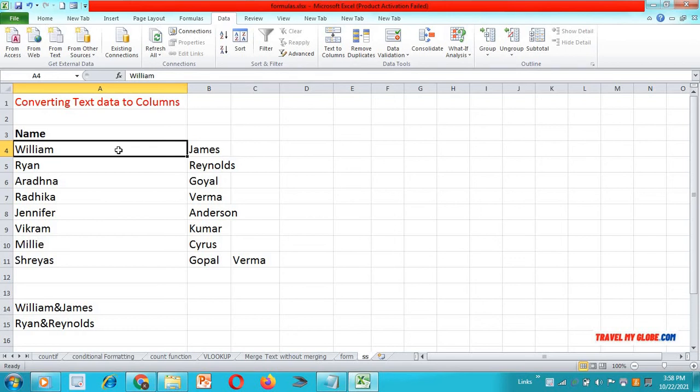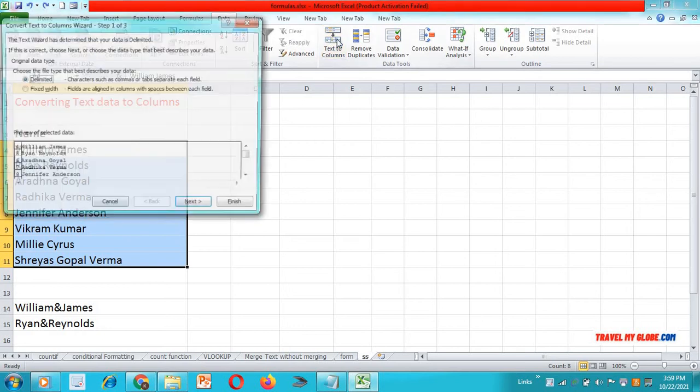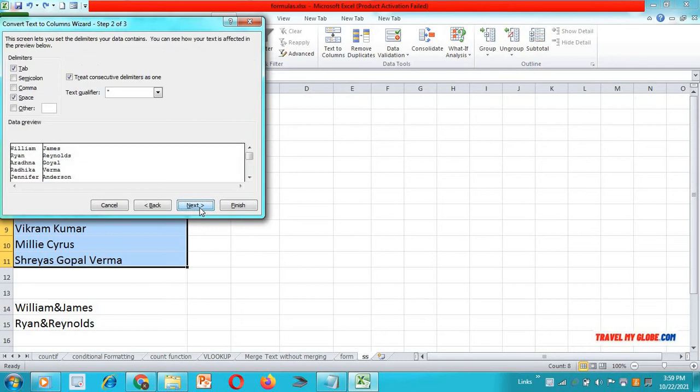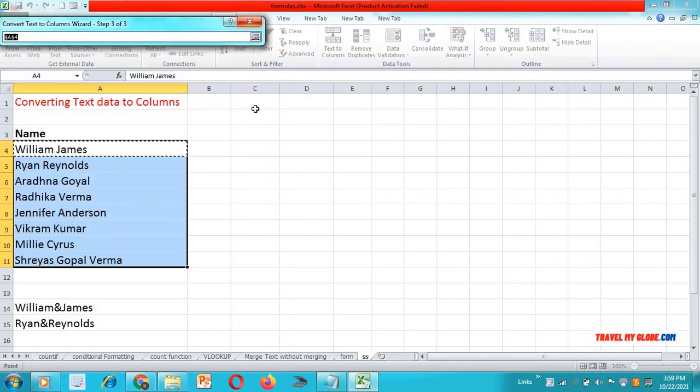You can also do this without disturbing the original cell. Just press Ctrl Z and do the same action again. Go to the Data tab, Text to Columns, the Delimited option should be selected, Next, then Space should be selected, then Next, and select the destination column.